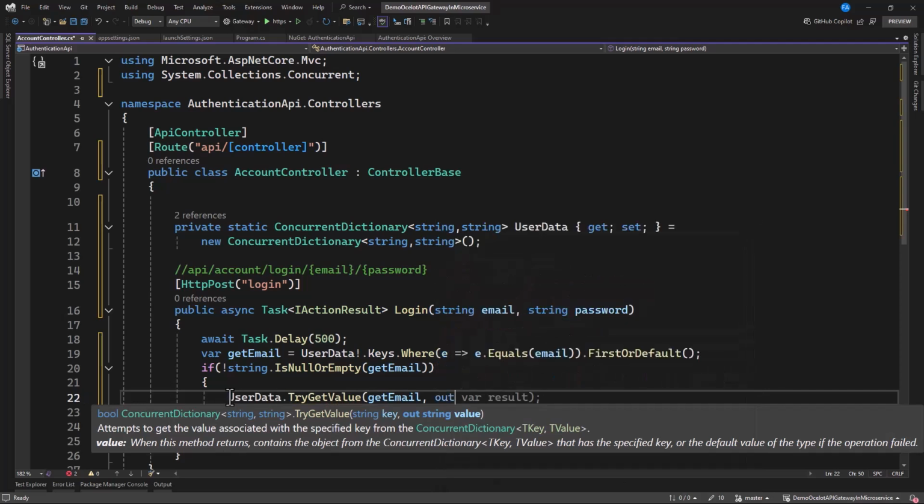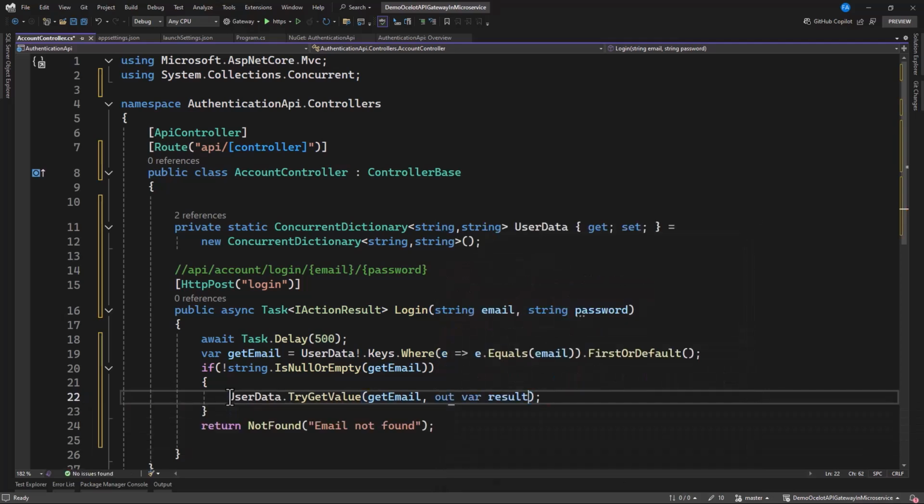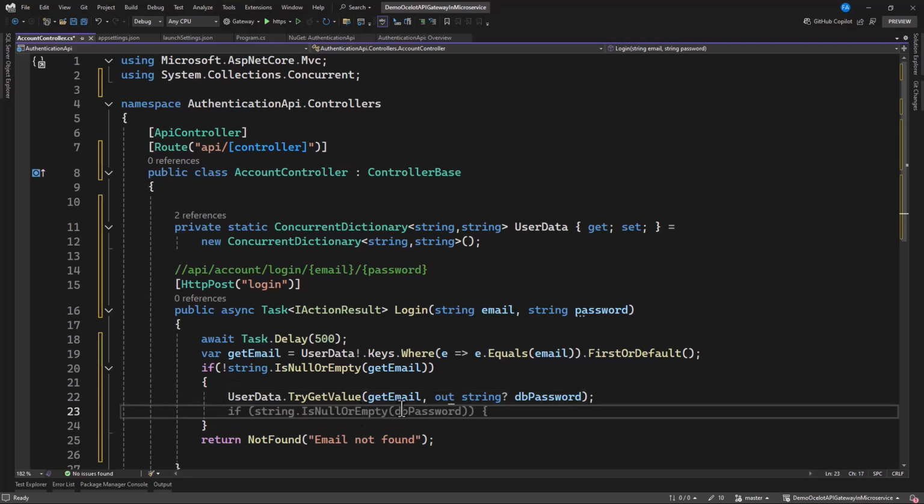This is going to be the password. This out could be string. Let's specify that. So this is password, or maybe I can say this is db password. Okay. So in case we get it, keep it in here.